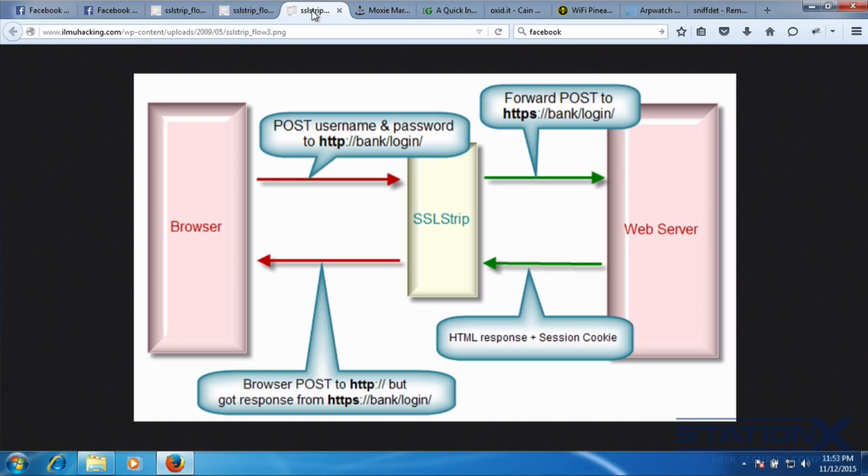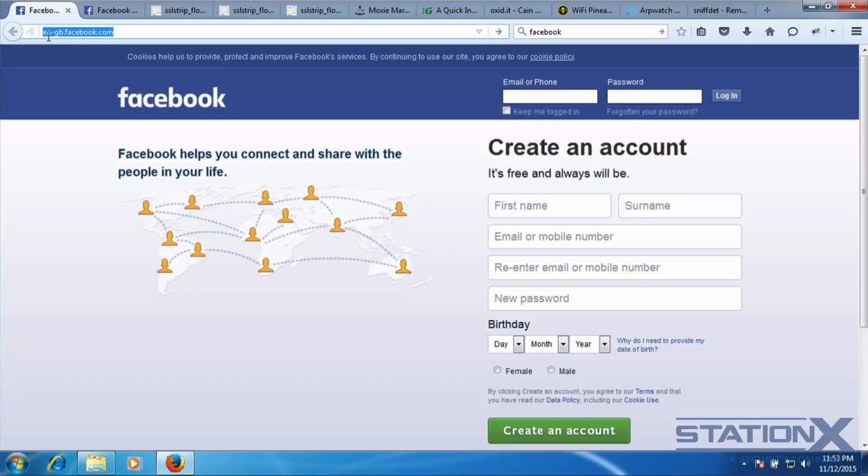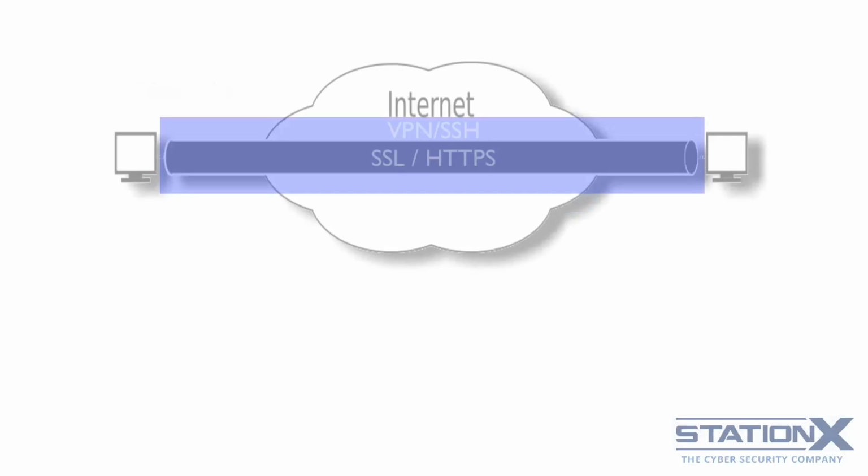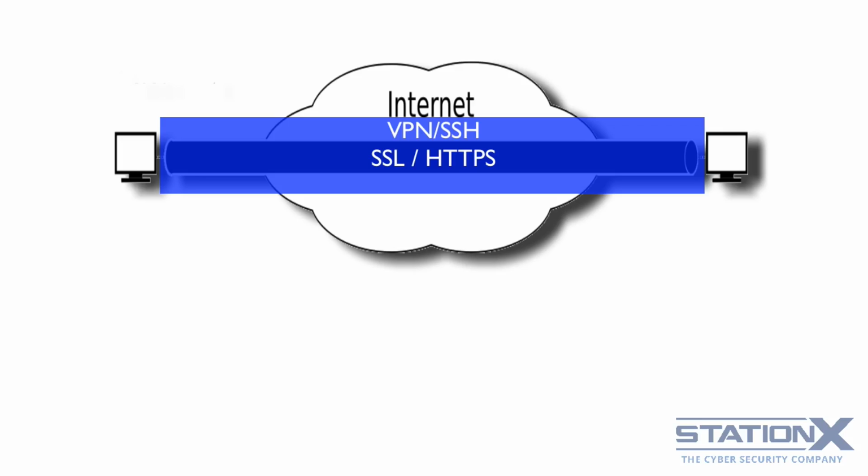Now, what can we do to help prevent this? Well, client side, you can attempt to notice that you don't have HTTPS, but if you're busy, that's not necessarily something that you might spot, but you do need to keep your eye out for it. A more solid method is to use a tunnel or encrypted tunnel, so then it's not possible for them to strip out the SSL because the traffic that you are sending is encrypted by a different mechanism. So you can use SSH for tunneling, for example. You can use VPN technology like IPsec, but really what you're after is end-to-end encryption,